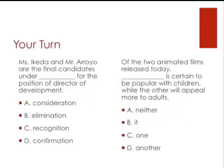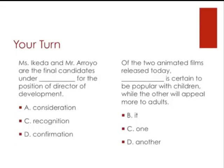Okay, starting on the left side, as we look at the sentence, Mr. Ikeda, Miss Ikeda, and Mr. Arroyo are the final candidates under blank for the position of Director of Development. First off, we try to understand that the question is saying that there are two people being considered for this position. So in this case, we could probably go ahead and eliminate B, elimination, because they're being chosen, not eliminated